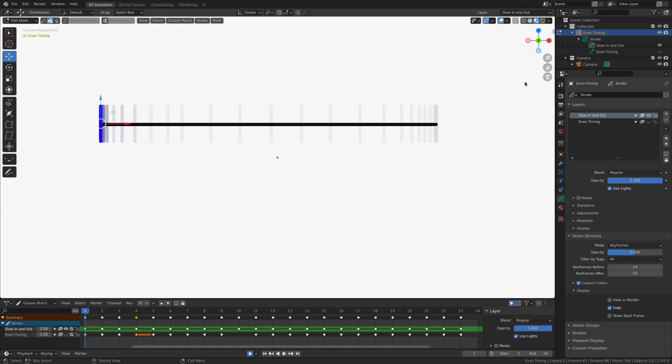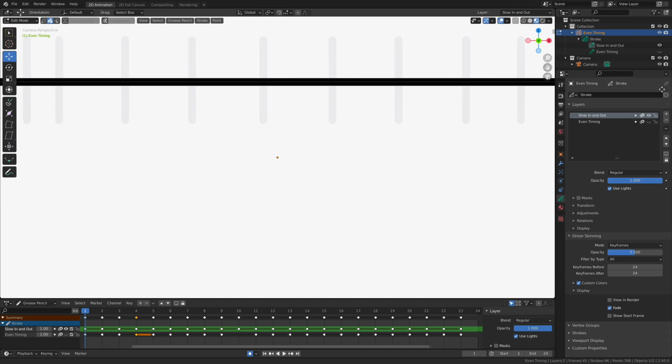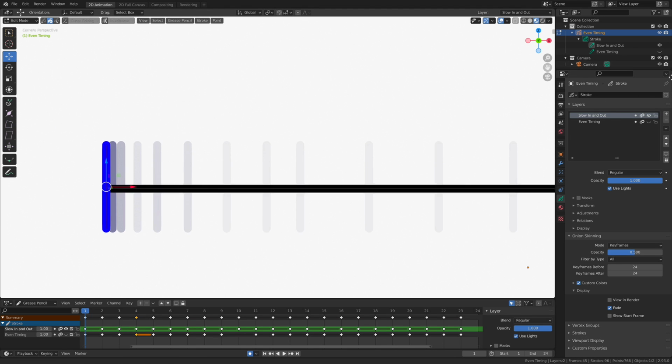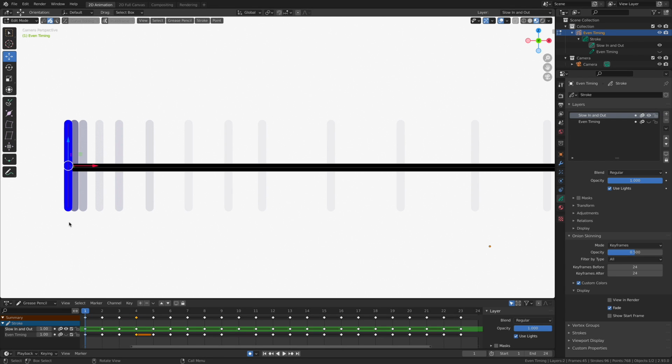Now, if you look very carefully, I'm going to zoom in so you guys can see this a little bit more. Let's get it going here. Pardon the dust. There we go. Okay. So now, if you look at the way that I've animated this, check it out. On frame 1, the bar is here.